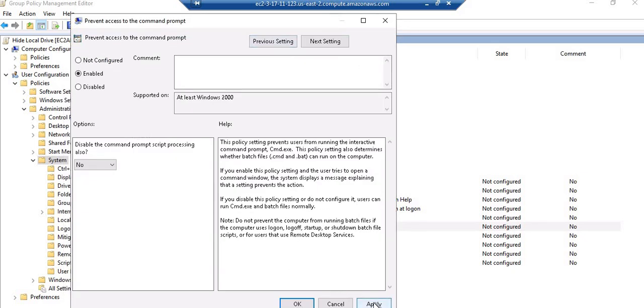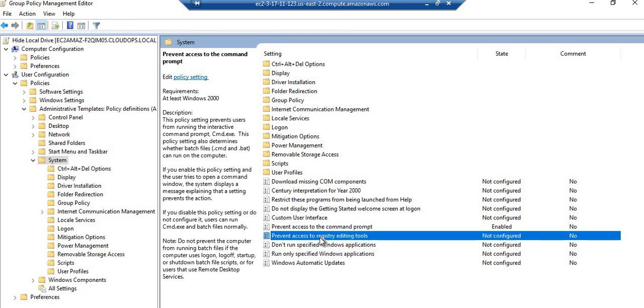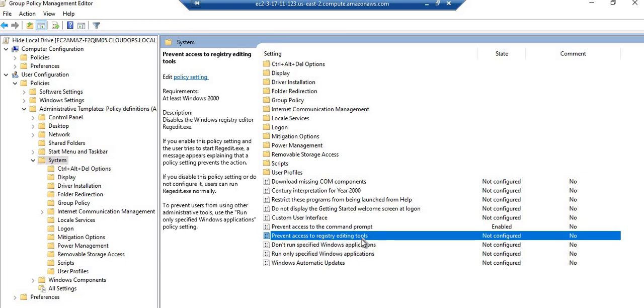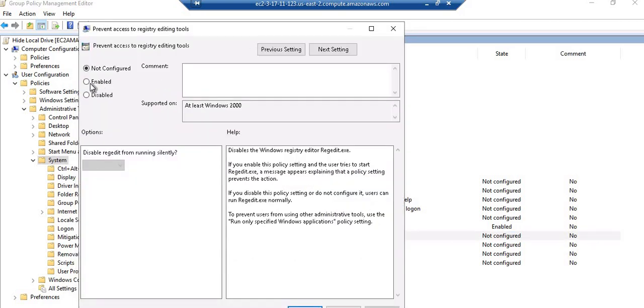So click on Apply. As well, we are going to restrict registry editing for end users. So click here, prevent access to registry editing tools, double click, enable this policy, click on Apply.